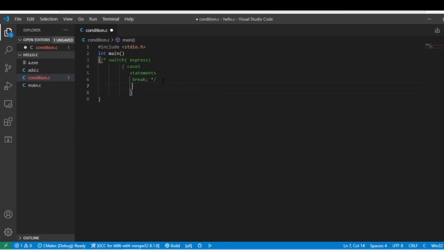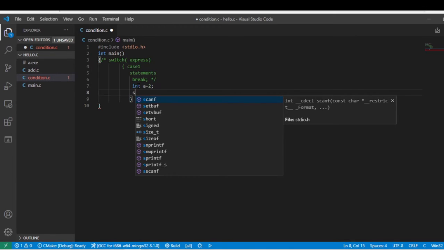So now I write here first: type int a. Int a is equal to 2. I assign the variable the value 2, and again I write here switch.